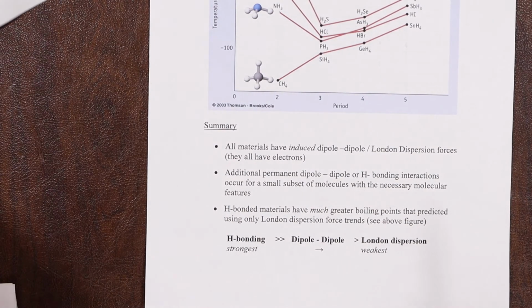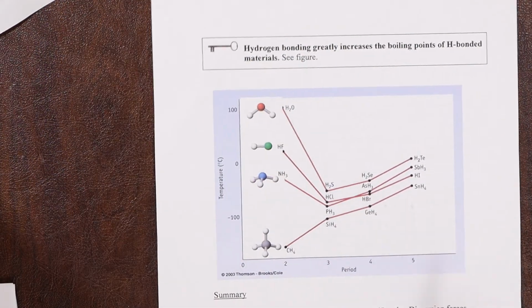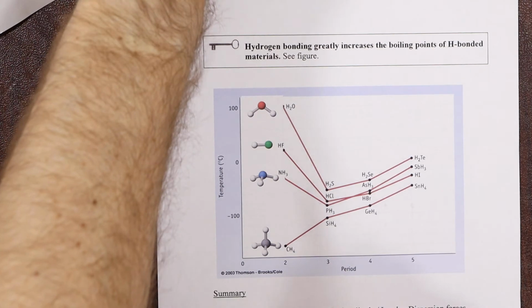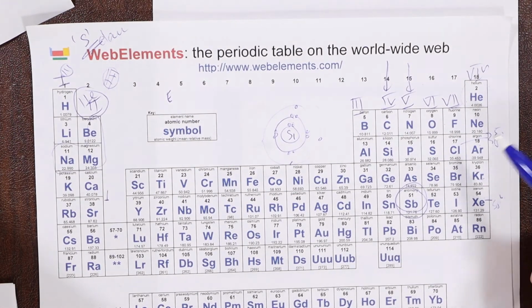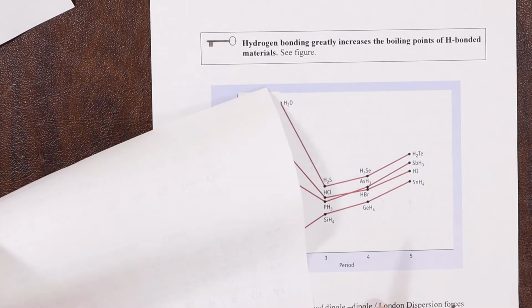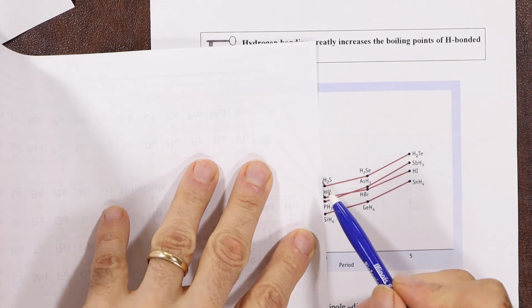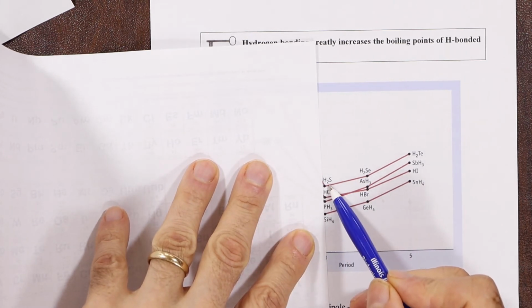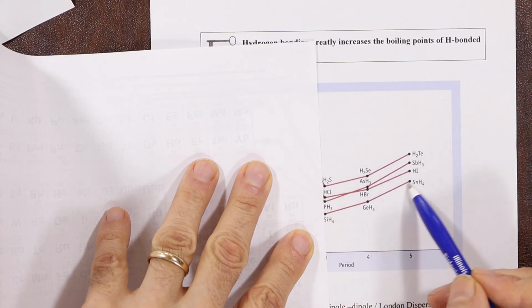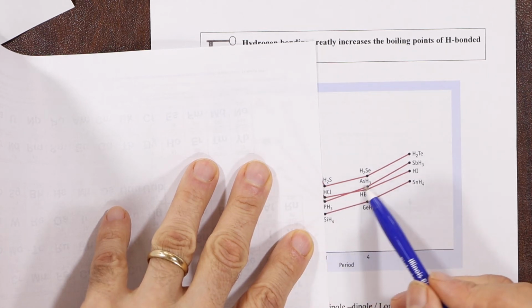Now, what about your test? Well, bottom line is hydrogen bonding, because it is so strong compared to the others, it completely blows the others out of the water, okay? Now, if I look here, for example, at the members of column 6, oxygen, sulfur, selenium, etc., if I just went down the list here, as they got heavier, you'd expect their boiling points to increase just based on number of electrons, and that's exactly what you see. So if I do a little bit of a trick here, okay? So sulfur, and I just stick H's on them, right? So sulfur, selenium, tellurium. As they get heavier, their boiling points go up, and that's true for any column in the periodic table, right? Okay, as they get heavier, as they go down the column, their boiling points go up,